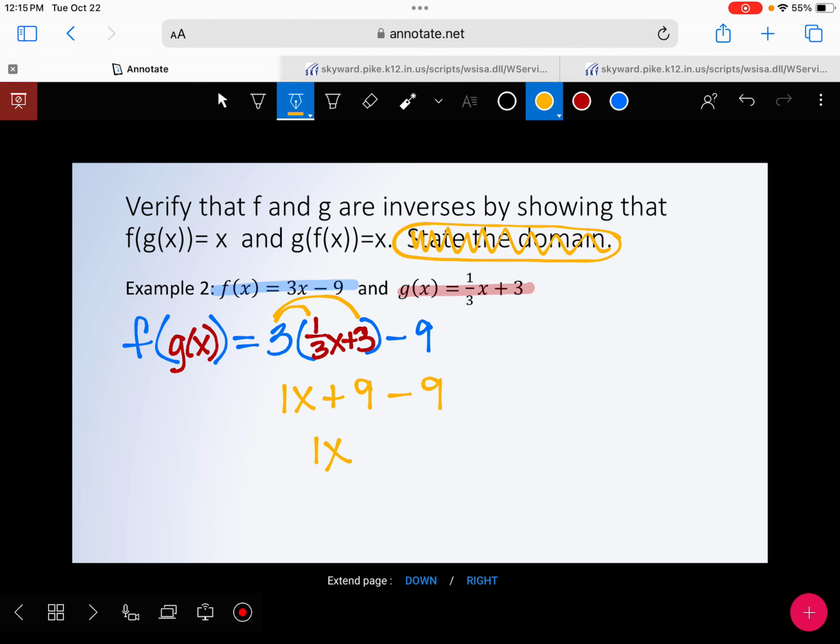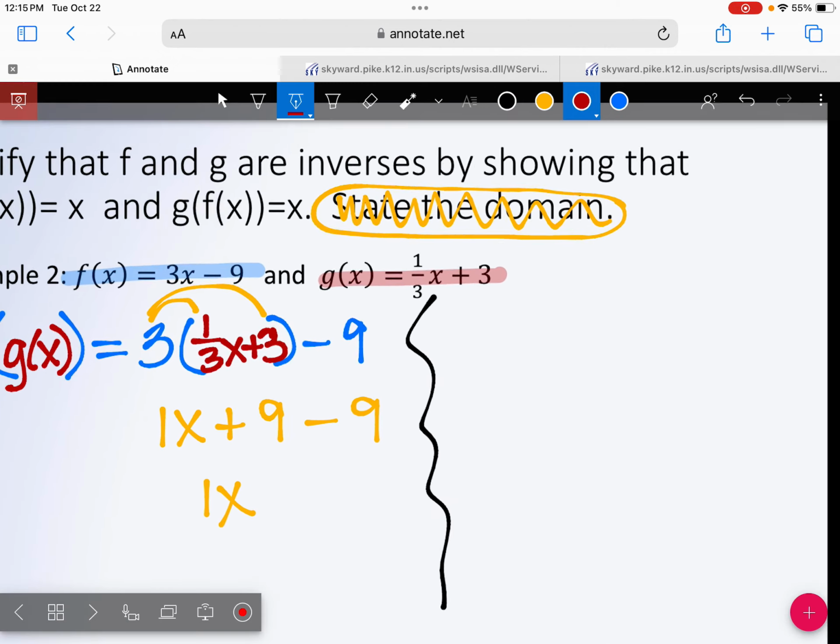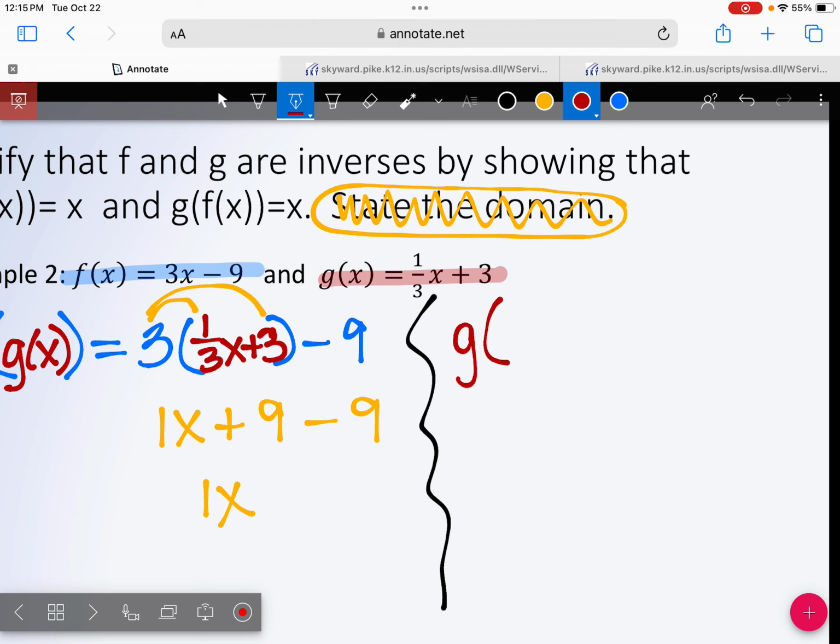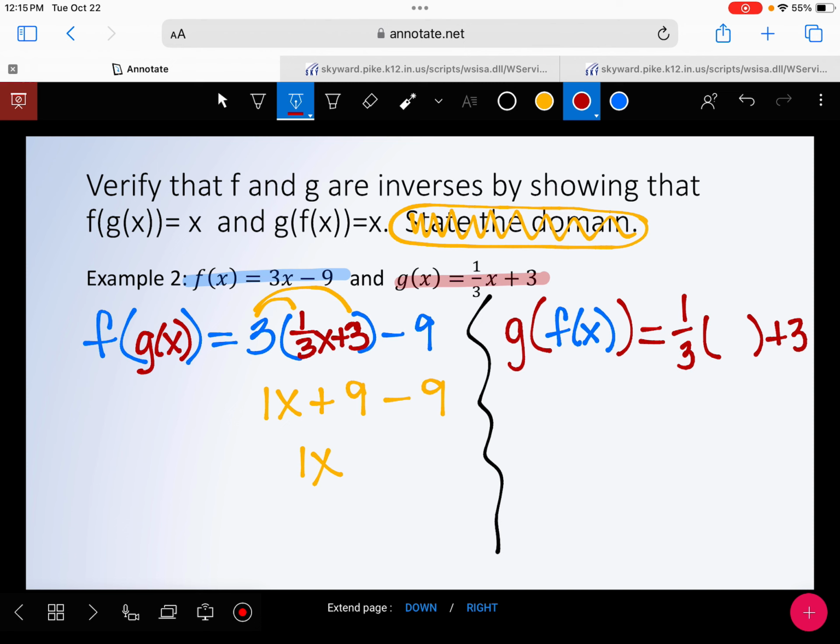All right, now go the other direction. We only have one more question after this, and then we'll be finished. We have our g, and we put our f of x inside of the g. So when I write my g, which says 1/3 x plus 3, now inside,